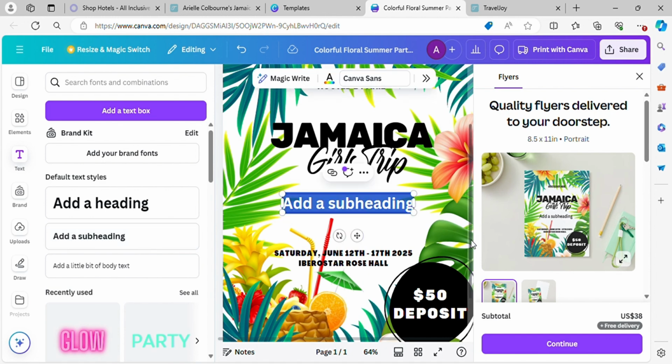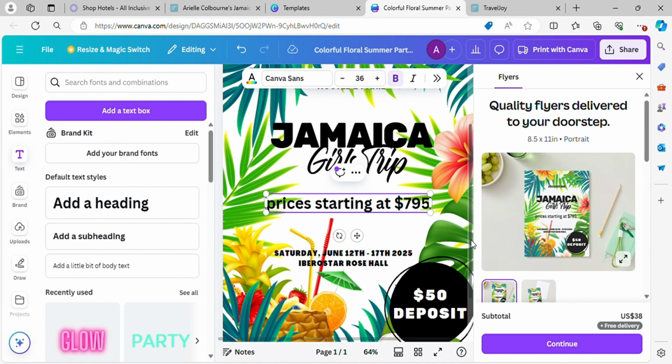One thing I like to do sometimes in the element section is to add a white background to stuff like this. So you see where the straw is, where I have the dates and the hotel name. Sometimes that may be hard to see, so maybe I'll put a background behind that. Maybe a colored background. I could have put a black background and put the text to white or something like that. Or sometimes, depending on the color scheme I have, I'll put a white background and use the,